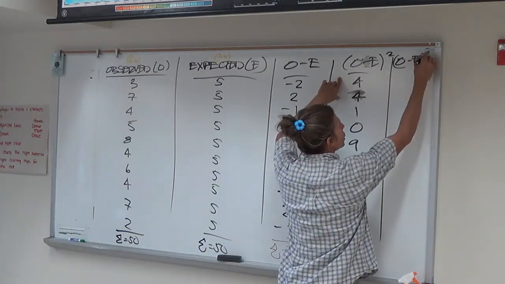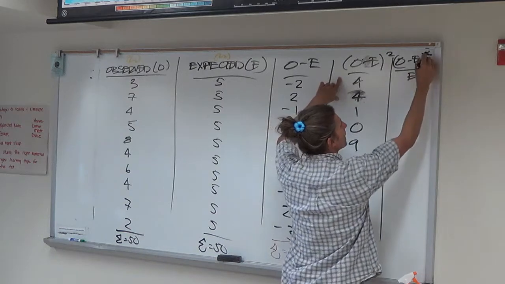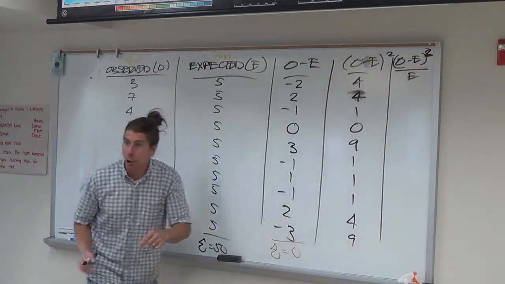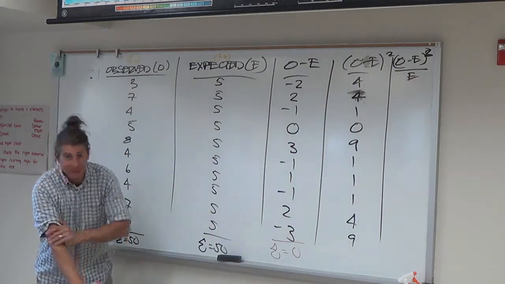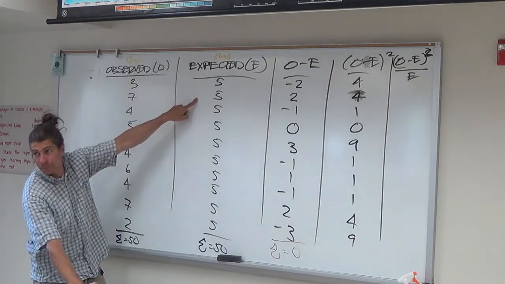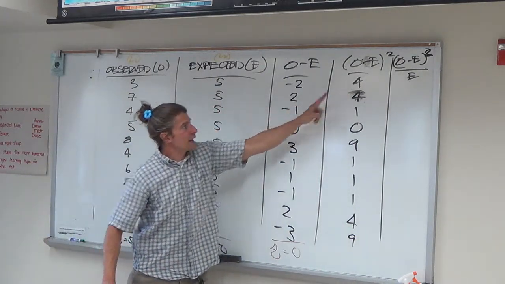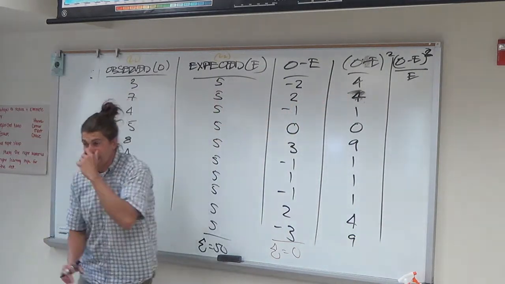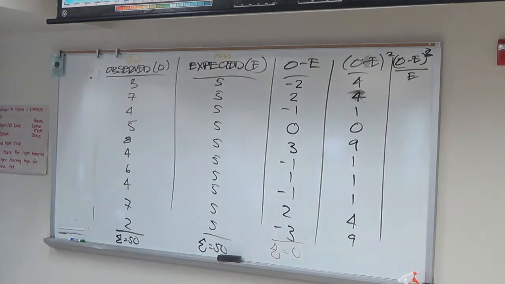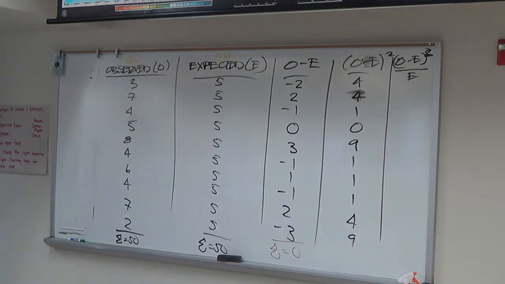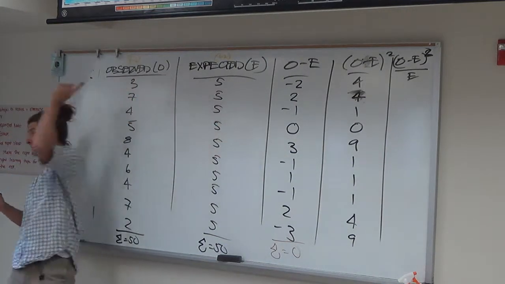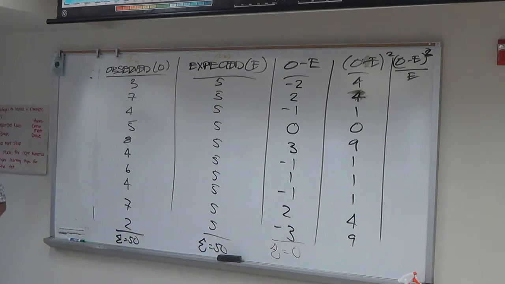We take that, square it, and we divide by the expected number, which is over here in this column. So you take each of these and divide by each of these. So Danielle, we're getting, if you will, at the heart of what you were talking about with the division, but we have to divide by the differences first, not just the occurrences. We have to set it up in this way in order to make it fit the distribution we want to use here.